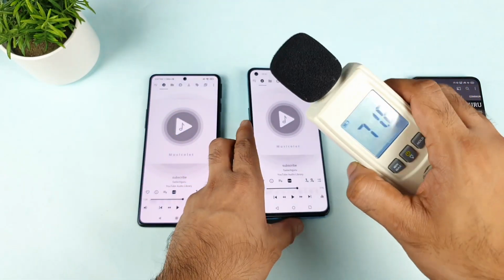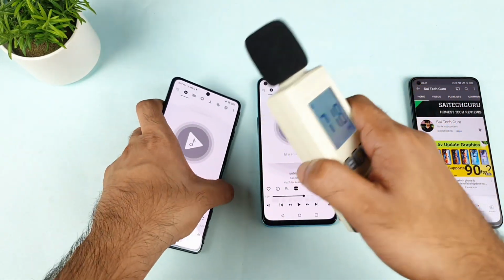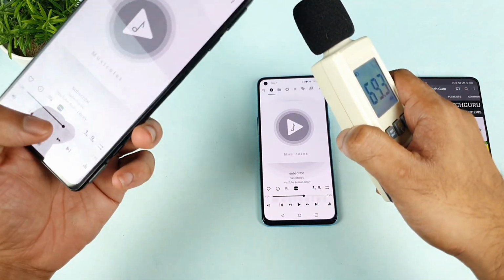Even the OnePlus Nord 2 has got really good speakers on the top side, but not as great as this Poco F3 GT. That is what I did see.